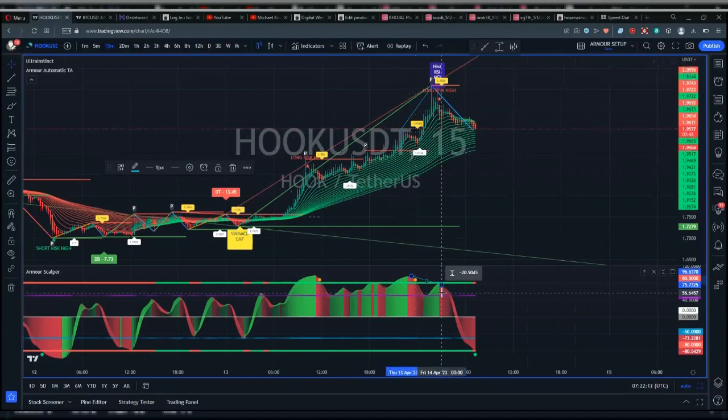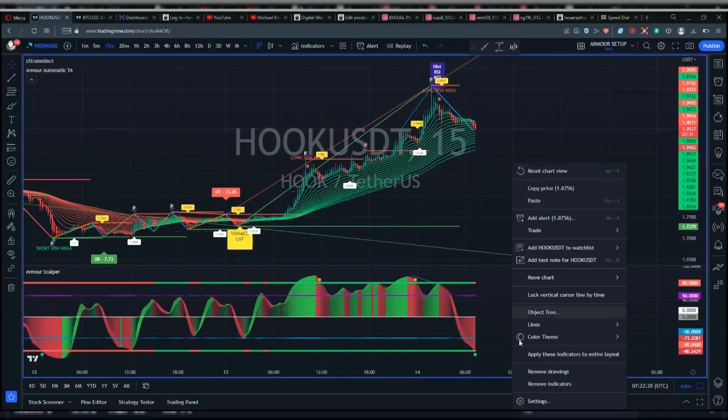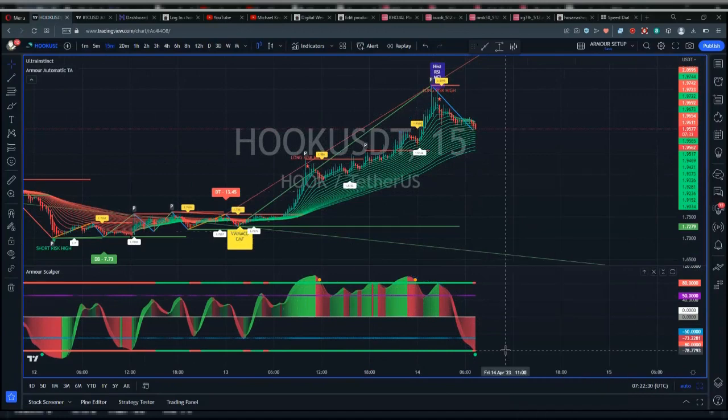Here is divergence. Price went down. Now it's producing the blue line. When you have this blue line, that means price will go up, but you have to wait for the wave to change color. This scalper wave changed color from red to green, and then you can enter long once again. So this one gave us